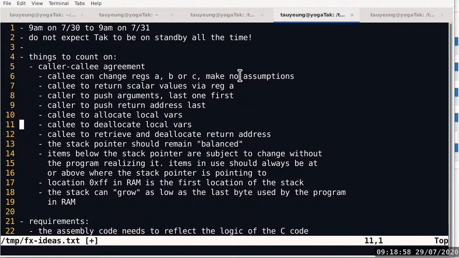It kind of makes sense because the caller has no idea how many bytes on the stack the callee is using. Now this part is a little bit out of the ordinary because we know that the caller is responsible to push the return address, but it is the callee who is responsible to retrieve and deallocate the return address. The stack pointer should remain balanced, which means the stack pointer value should remain the same before and after calling a subroutine,